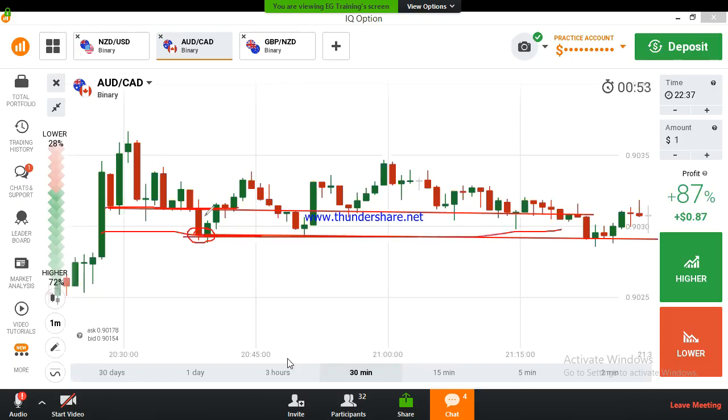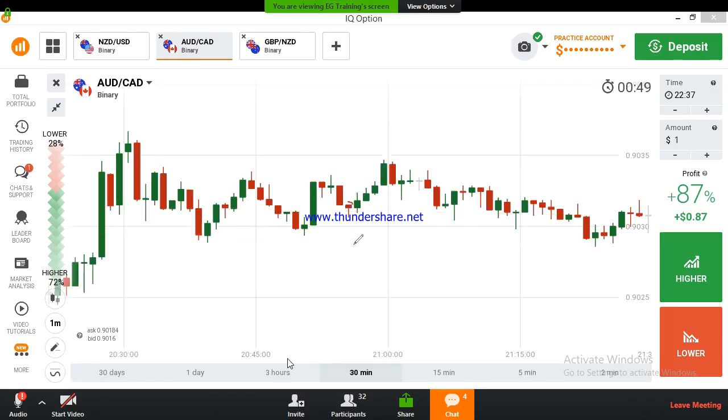But now he asked me a question. It reversed. Tell me the reason why the candle reversed here. So when I check now, I got this level, a strong reversal point. This is the reason for the reversal here, because it reversed so many times from the same level. That's why it reversed.